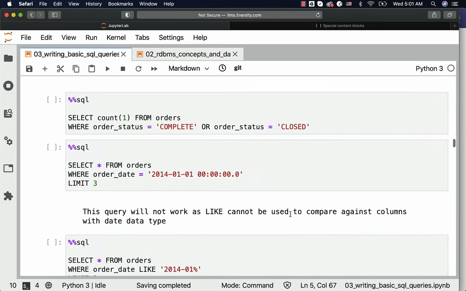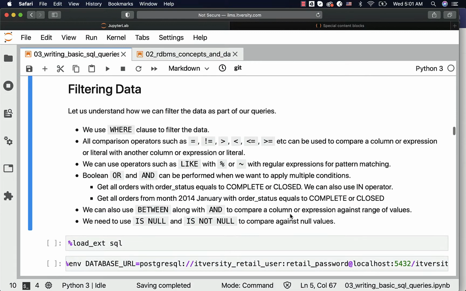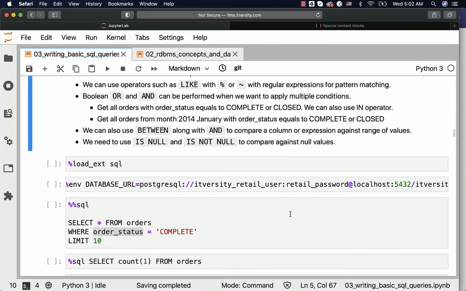When it comes to nulls, we need to use is null and is not null to compare against null values. We cannot use equal and not equal because nulls are treated specially in databases. It means nothing. It is different from empty string, and we cannot use equal or not equal to compare against null. You will not get anything if you try to get the results using equal or not equal against null values. Let us perform the task to understand most of these important filtering conditions we use on regular basis.